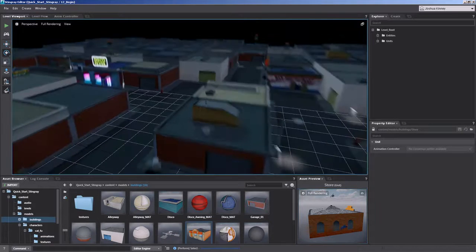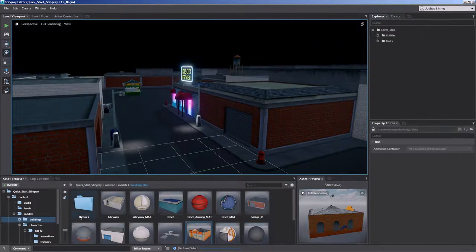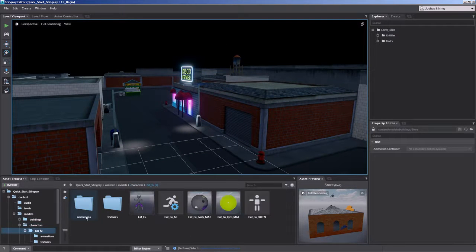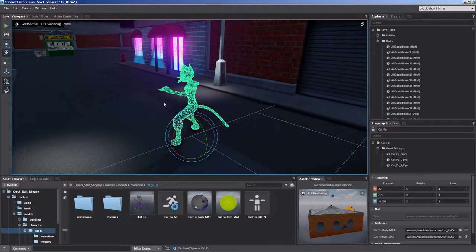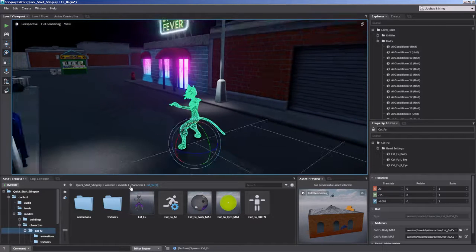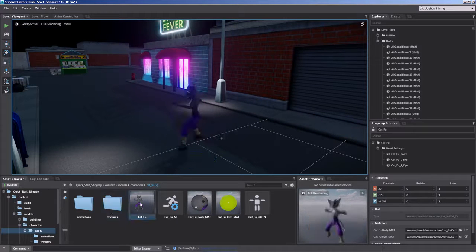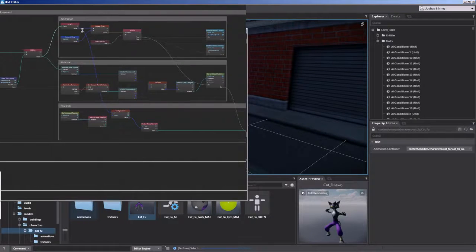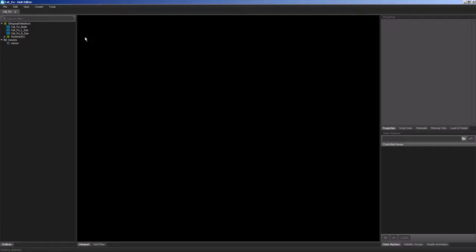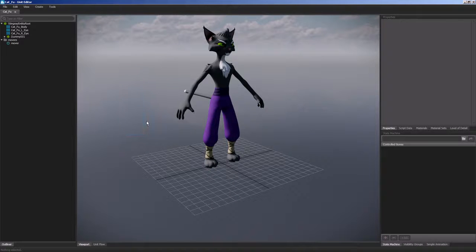So what I'm going to do is grab our hero character, and drag him into the scene here. And what I want to do is get him moving in the scene. So in the asset browser, let's double click on cat foo, and it'll bring up the unit editor. And when that comes up here, we're going to begin creating some nodes and hooking them together to create the